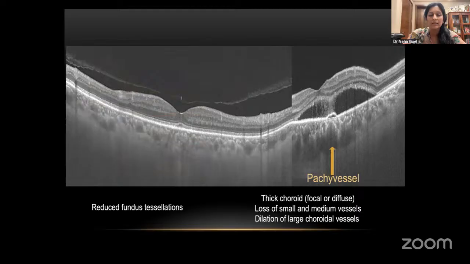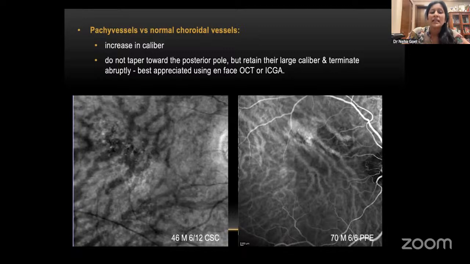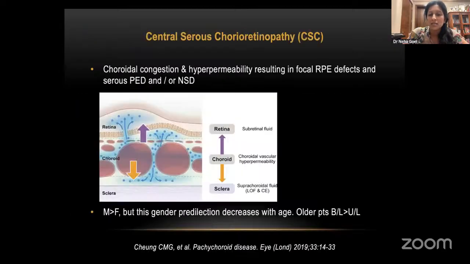And if you compare this with the normal eye, you can see the stark contrast between a thickened choroid and a normal choroid. These pachyvessels, if you look at them on fast OCT or ICG, don't taper towards the posterior pole, but they retain their large caliber and they terminate abruptly. So it is this choroidal congestion and hyperpermeability which is the culprit, and this results in focal RPE defects,